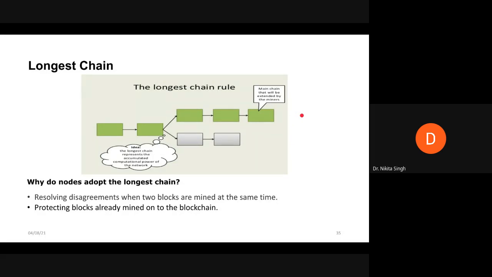So there is one rule on the Bitcoin blockchain, that even if your block is added to the blockchain, that is, your transaction has become a part of a block and it has been added to the blockchain, you should not consider your transaction confirmed. You should only consider your transaction confirmed when six blocks have been added ahead of your block. So what I'm saying here is,